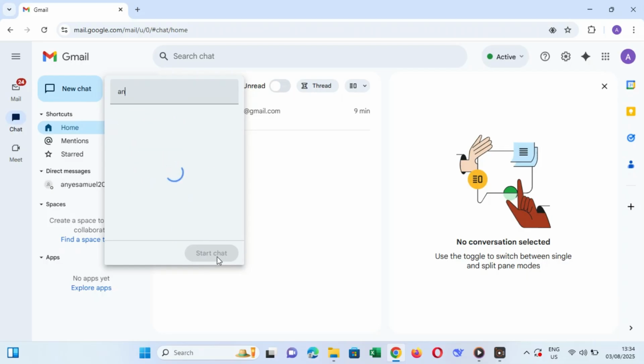And that's it. A simple way to bring Google Chat right into Gmail, keeping all your communications organized in one